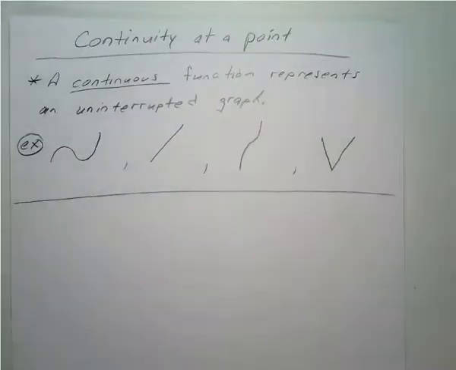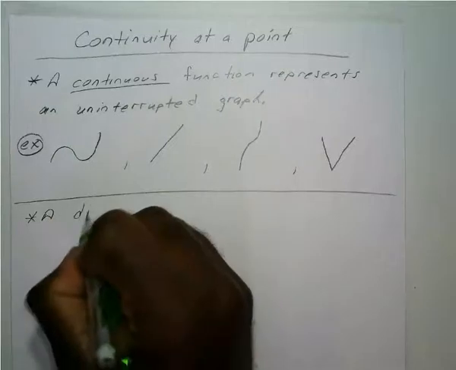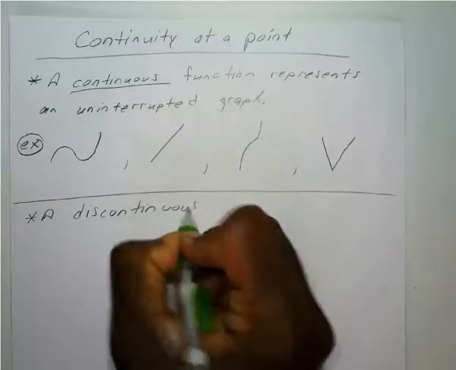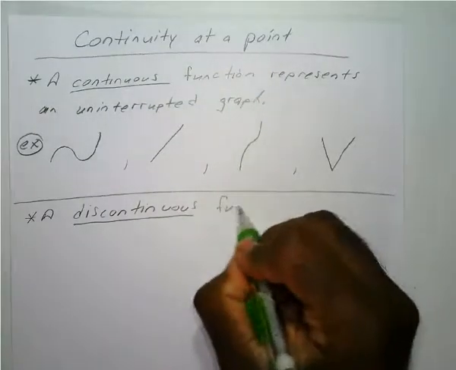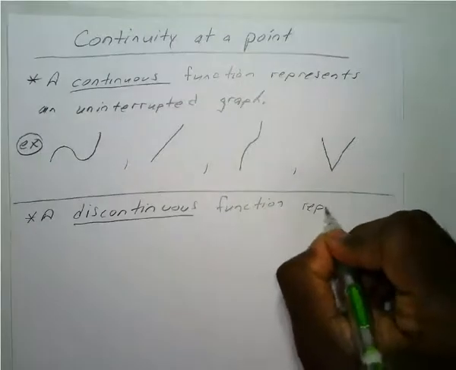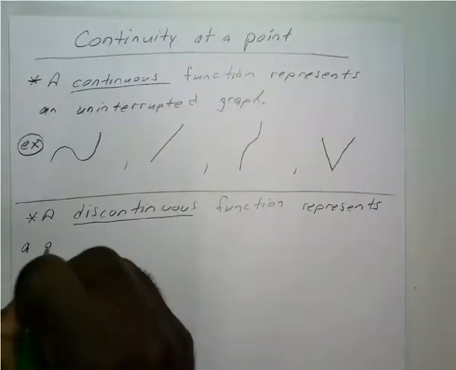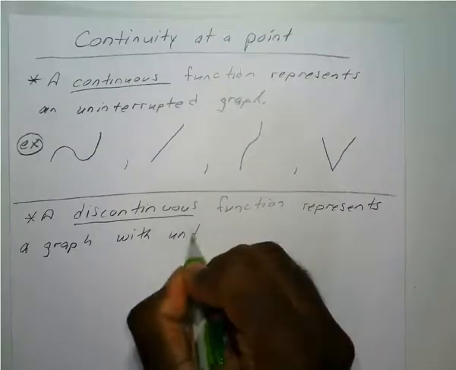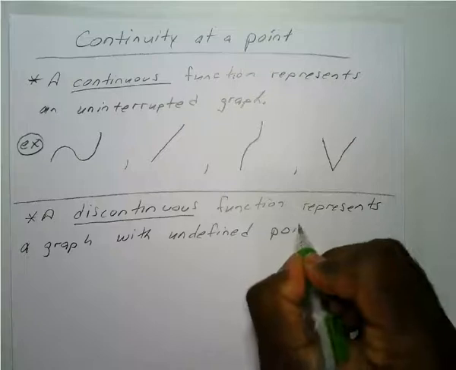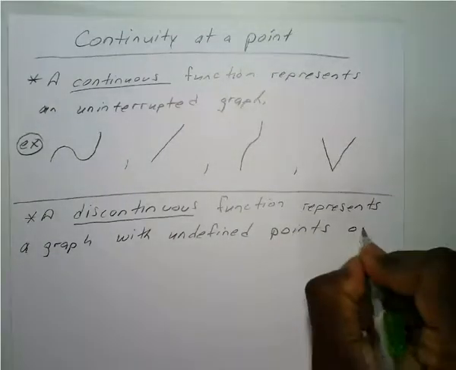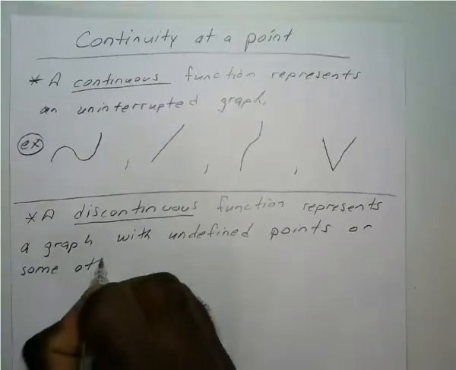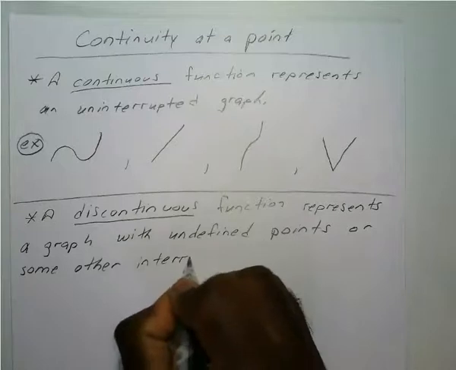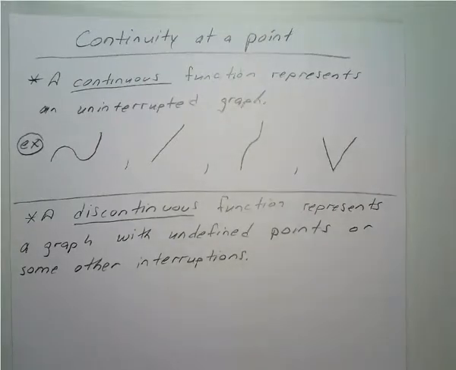Okay, so now a discontinuous function represents a graph with undefined points, or some other type of interruption. All right, so for example on that one,